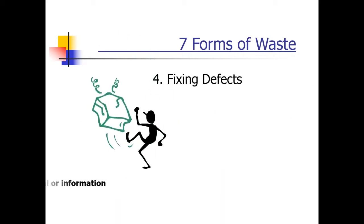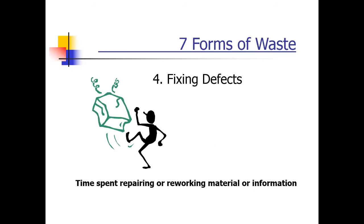Number 4 is a thing called fixing defects. When we talk about defects, it could be quality, it could be something clinical if you're in a clinical situation as far as a hospital or a clinic is concerned. Anytime there's a defect, and a defect really is something that doesn't go right the first time. That's what defects are. So it could be as simple as a phone call. I call somebody to get some